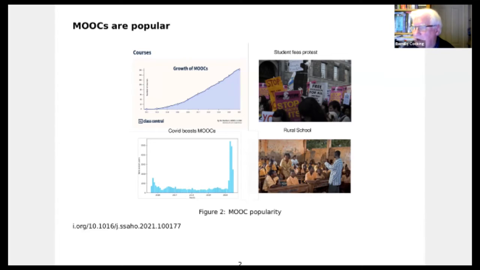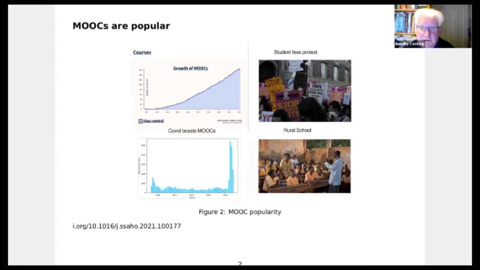And then, of course, there was COVID. If you take a look at the graph on the bottom left, that shows the enrollment figures for a MOOC about astronomy. And they were getting a steady trickle of students enrolling every month. And then lockdown happened. And as you can see from that graph, suddenly, huge numbers of people started enrolling very quickly,